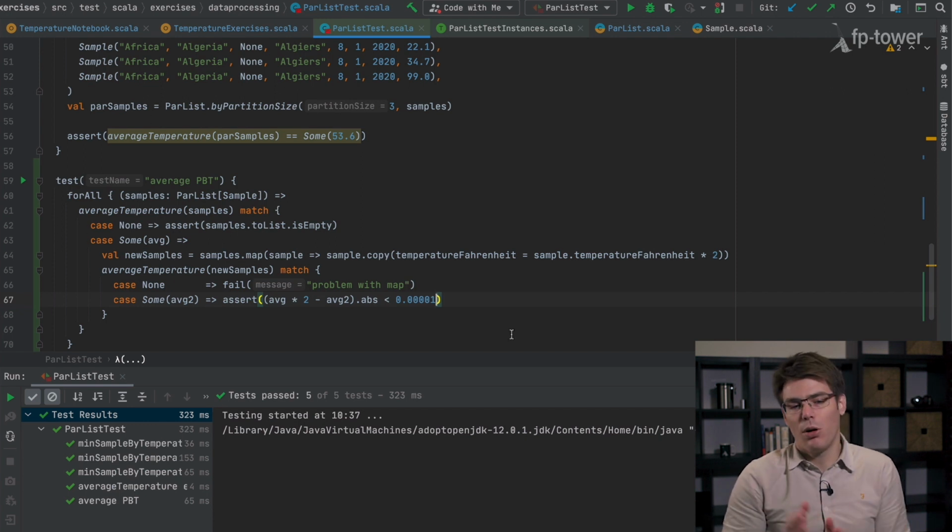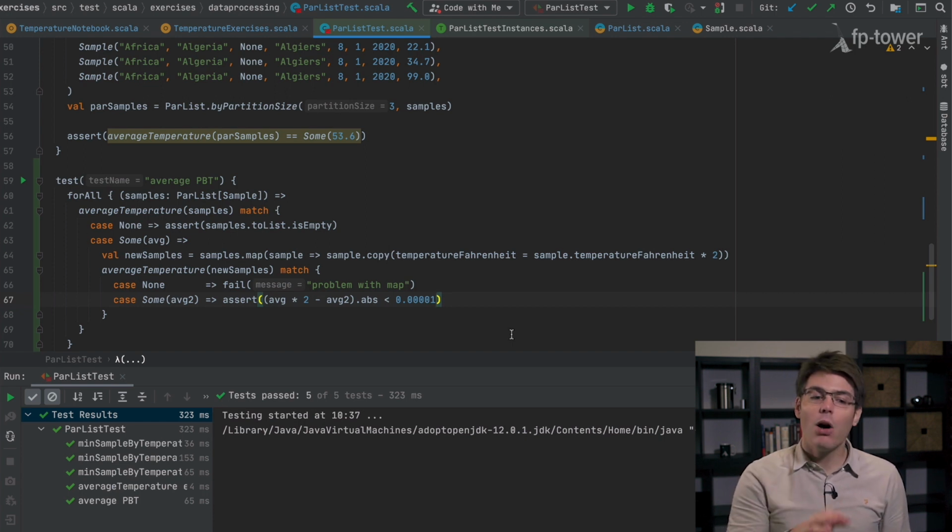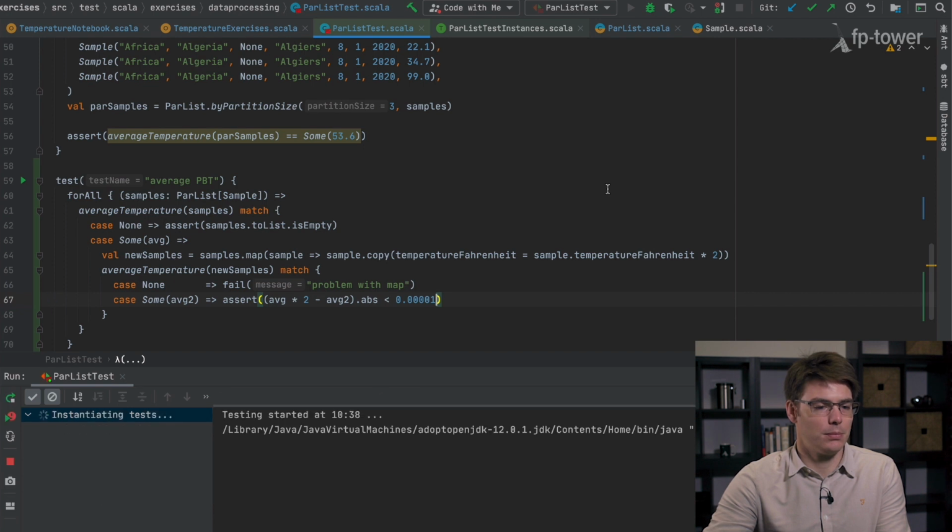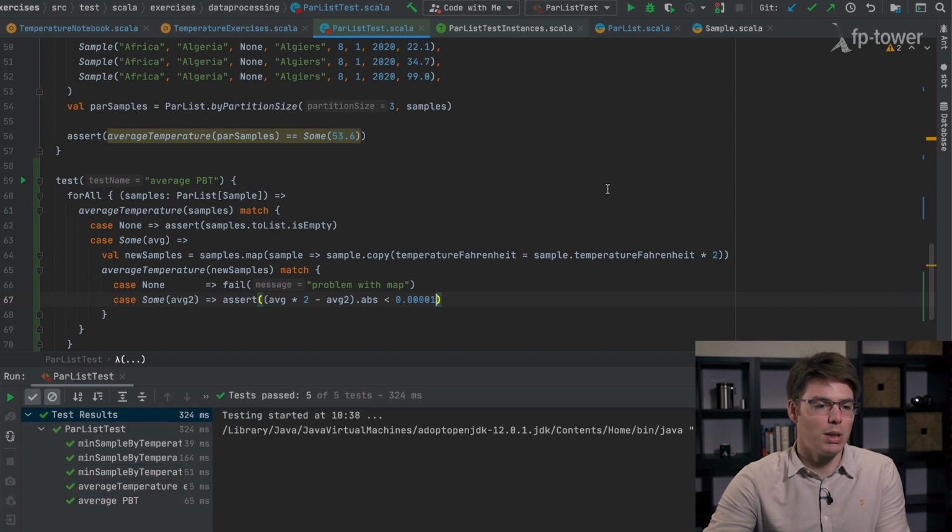So this is a hacky way to say, okay, I know that this number should be equal, but because of doubles precision, you can always have some issues. Here it's a way to say, okay, I allow this kind of difference. There are also other ways to do this via ScalaTest to say, I want to compare two numbers with allowing some kind of difference. So let's run the test to see if it still works. Yeah, it seems to be good.